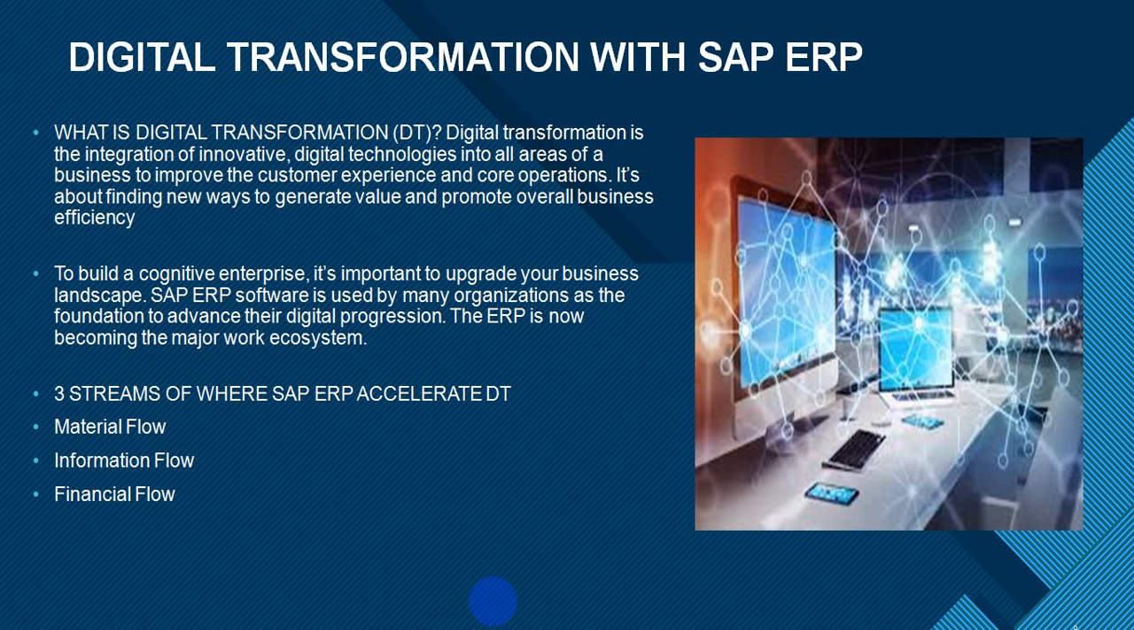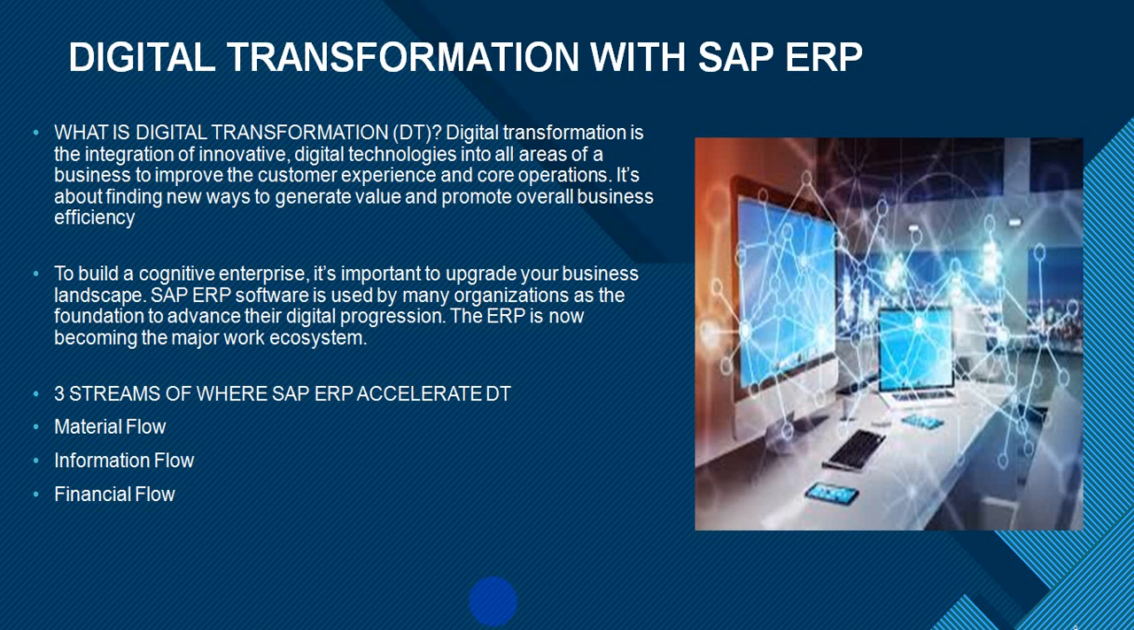to build a cognitive enterprise, it's important to upgrade your business landscape. SAP ERP software is used by many organizations as the foundation to advance their digital progression. The ERP is now becoming the major work ecosystem because it integrates all your business processes. So it means that whatever tasks you want to carry out within your organization, you will be using the SAP ERP system to carry out most of the tasks. Okay, and that shows that if you don't have this kind of skill, very soon you'll not be able